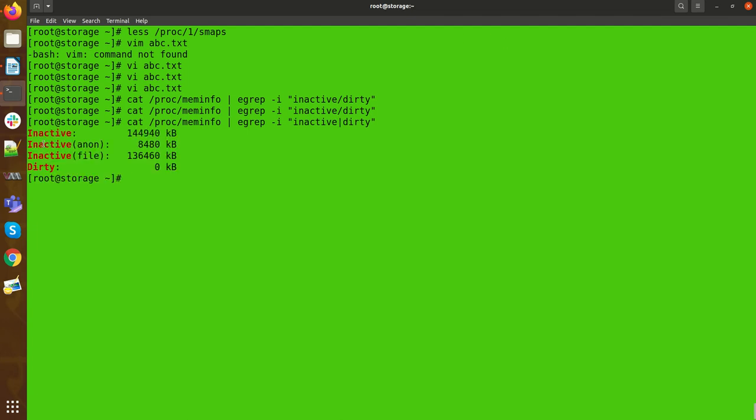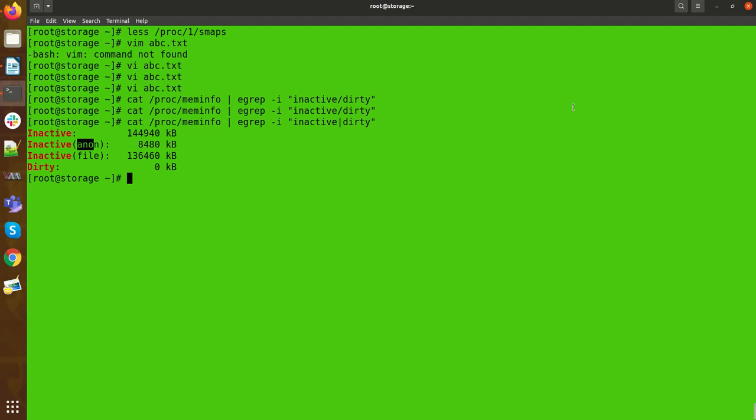You can see the inactive pages in your system, and dirty pages is 0 KB. Here is the concept of anon, which let me explain. Anon pages are those pages which are inactive and need to be moved into swap space.